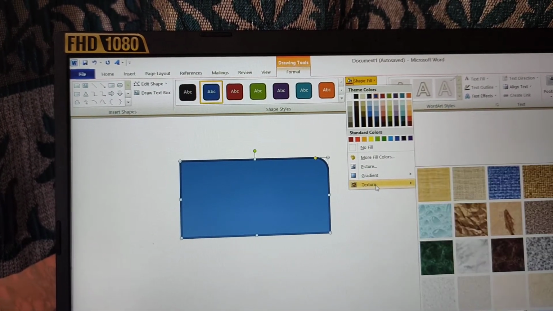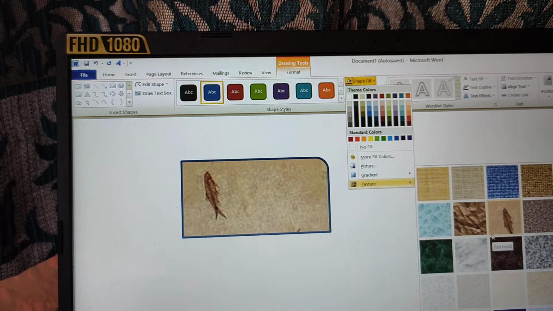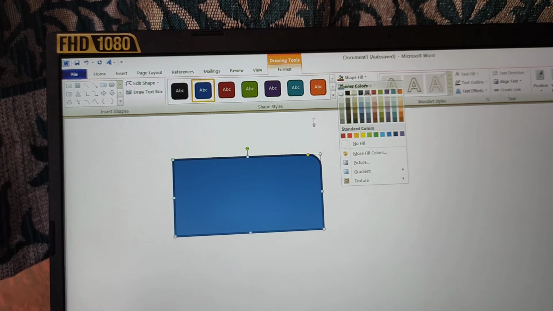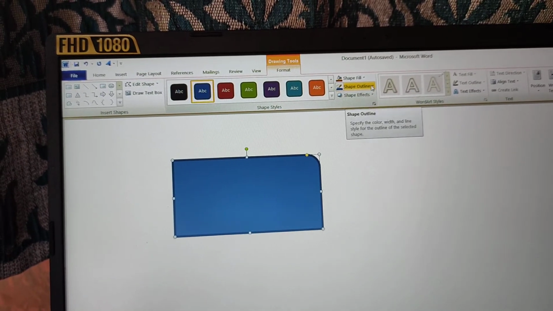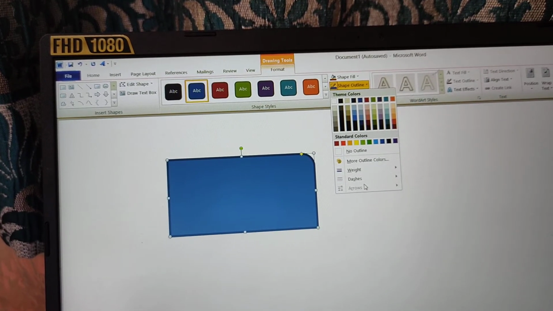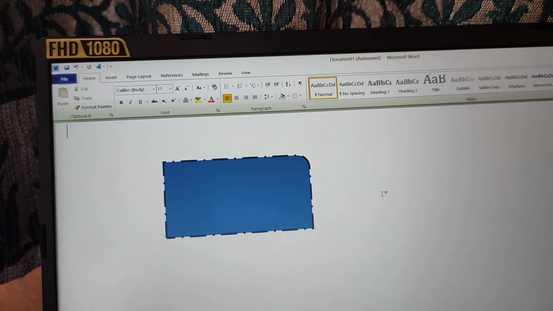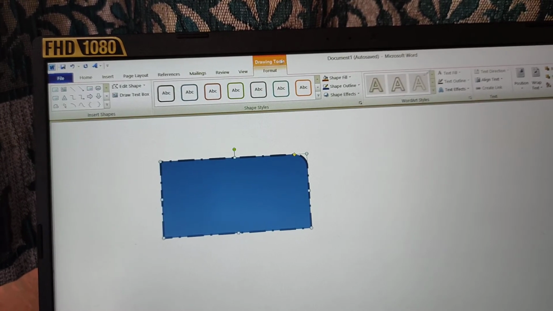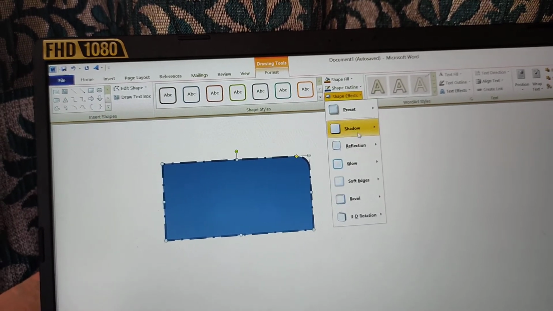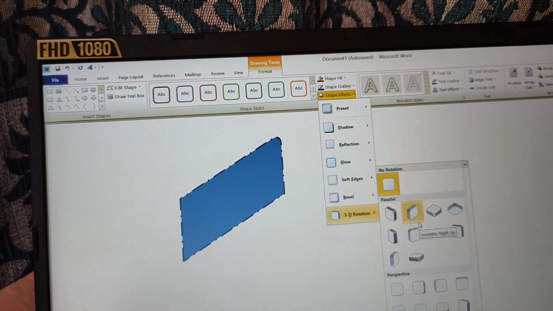See, texture is a pattern kind of thing. If I want to fill this, first we have to insert the shape, then only we can format it. We can do whatever changes we want. Now come to the shape outline. Again, yesterday also we did dashes. If I want to make this, it has been changed. Again I will click on this, I'll get the format option, and if I want an effect, I will check that. So many effects are there. 3D rotation, let's check. Just see, it is changing.